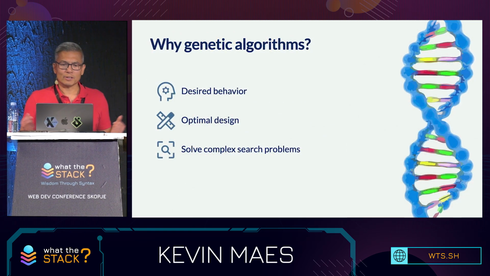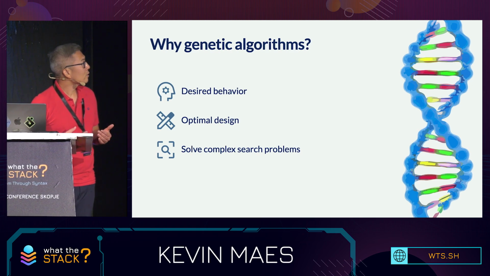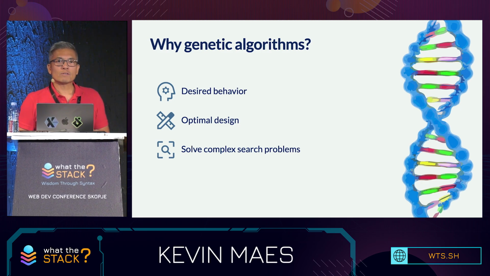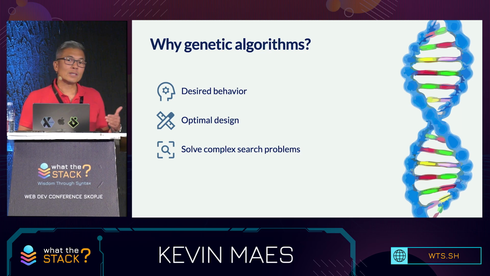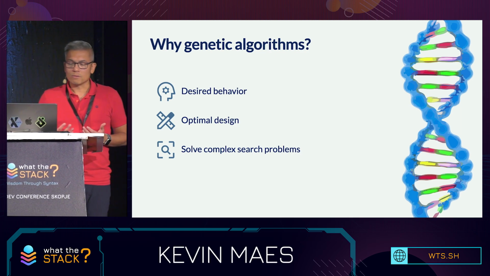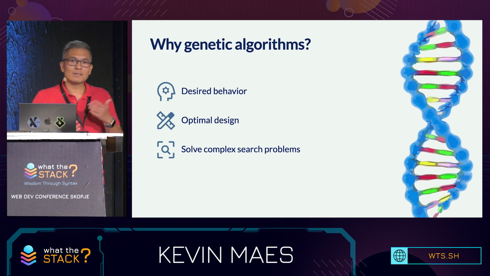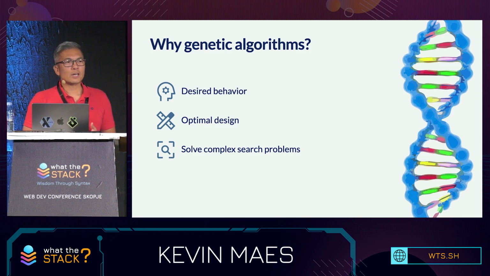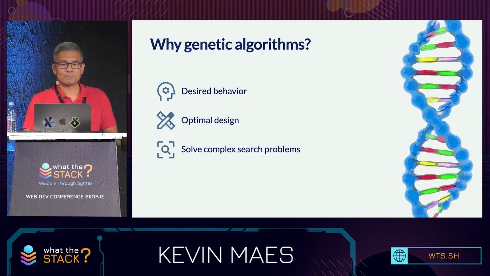Let's talk about what these are a little bit. The main purpose of a GA is to basically arrive at a desired behavior or an optimal design or to solve some sort of complex search problem. So we want to do that, though, as quickly as possible with a GA. Imagine you're given some sort of problem to solve, and you have an infinite number of attempts to do it. Eventually, you'll possibly land on a solution, but it'll take a very, very long time. So GAs use the concept of natural selection and survival of the fittest as a way to sort of speed up that process to arrive at your solution.